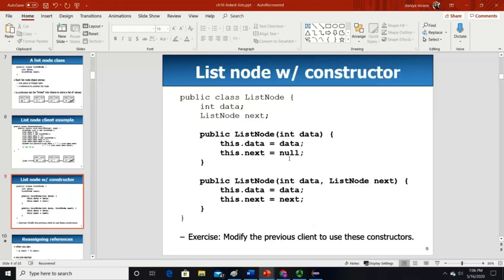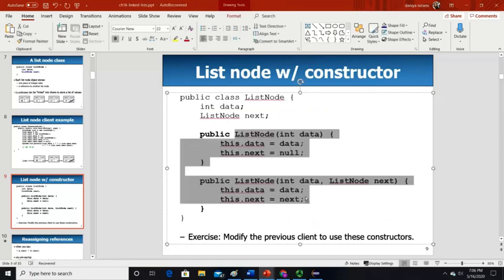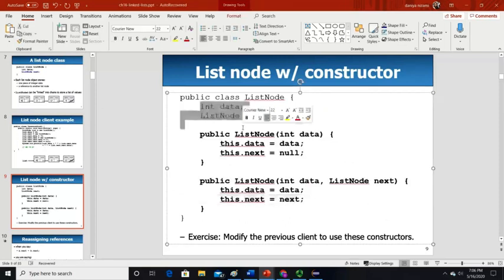So now we will add some constructors. So again, this is a programmer class, as you can see, recalling from our previous slide, public class ListNode. This is the same ListNode class, the class you are creating objects of. You created two things, which is int data and ListNode next, which is holding the address. It's up to you, right? You created this. Now you added two constructors.